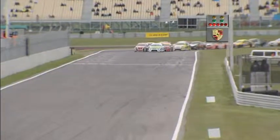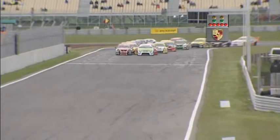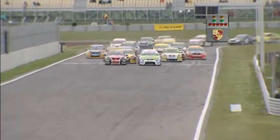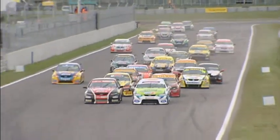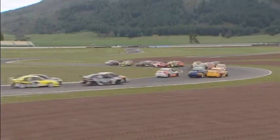Buckle up. Remember, first lap, first corner. Anything can happen, and normally does in the B&T V8s as we hear the roar for the new season. Go. Great sight down the straight at Taupo into the first corner. McIntyre leading them through. Scott